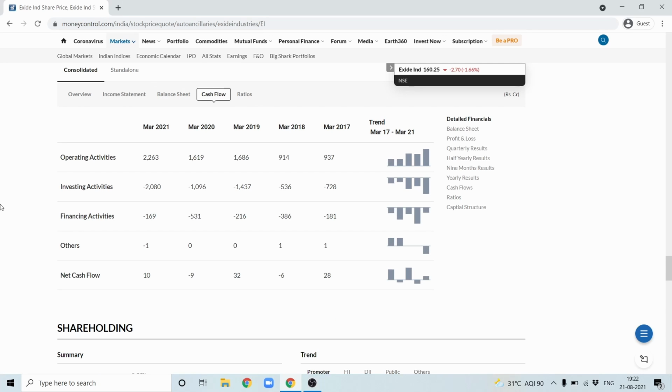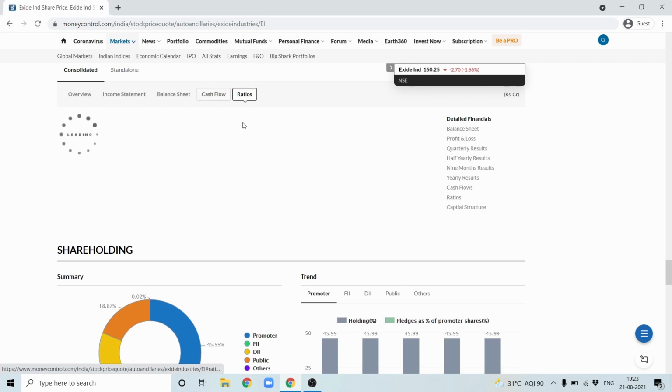Other thing what you need to see is the cash flow. You'll have to see if the company is able to generate cash flow, and it should be increasing year on year, as I said. So from here to here you can see that the company is continuously increasing its operational activities and the cash flow is fluctuating a lot. So you can see in the graph also it is going up and down. So you'll have to look in detail what is the exact situation, or in general cash flow should be continuously increasing for a company.